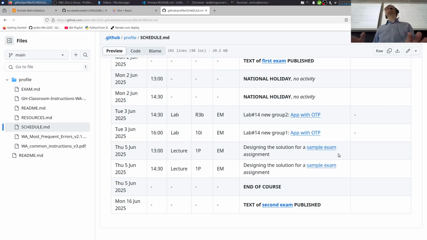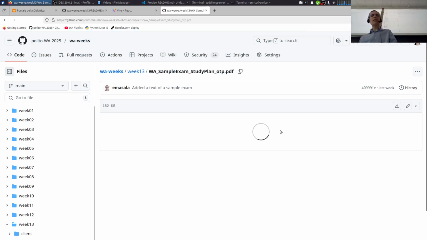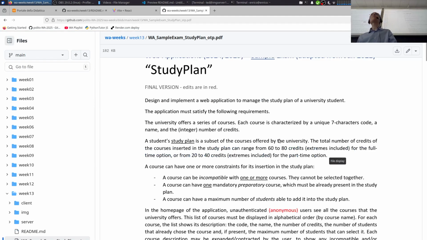solve together a sample exam, the one that I already published a couple of weeks ago, I think, on the course website. Okay, so actually the sample exam is just something similar to what you are supposed to do for the exam, right? There's already the text for the first exam published, but next exams will require something similar. Of course, we are not going to solve the first one, but something that was given in the past. This study plan,